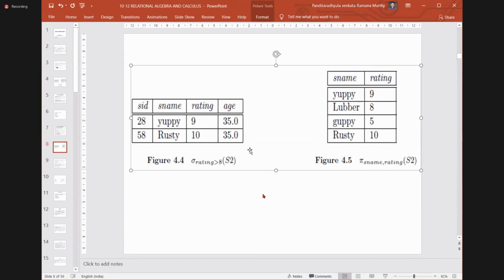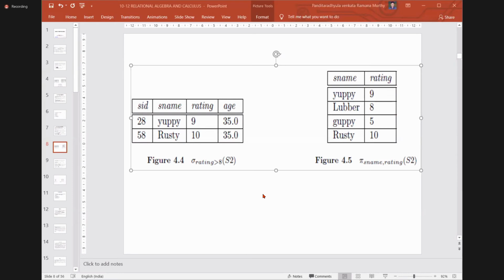If anybody is copying, tell me. I will wait. We need to represent how the select operator or project operator works even in the examination, with the help of sample tables. So are you having any doubt in the select operator? If you have any doubt, you can ask me, or else I will proceed. Just let me know whether it is okay or not. You can ask me any question or type in the chat box.